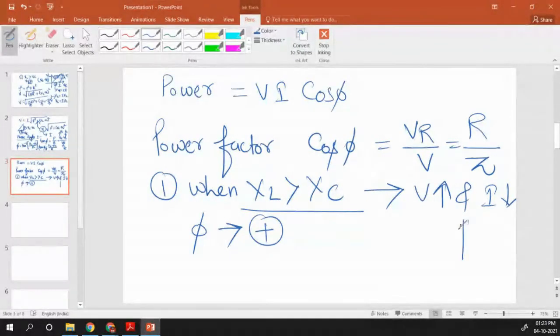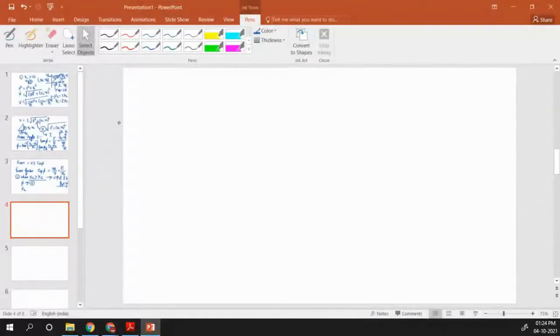You can draw the phasor diagram. From that phasor diagram, you can find out this phase angle is positive or negative. Okay, it is positive. And its overall response is like RL or RC. When XL is greater than XC, its overall response is like RL or RC. Yes, you are right. So when you consider this first case, it will behave like RL series circuit. Clear, everyone?